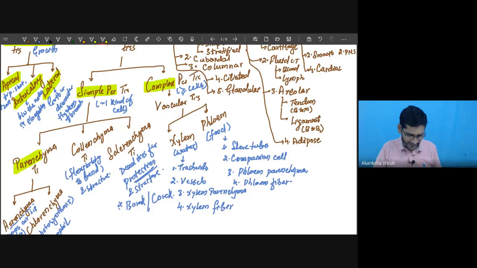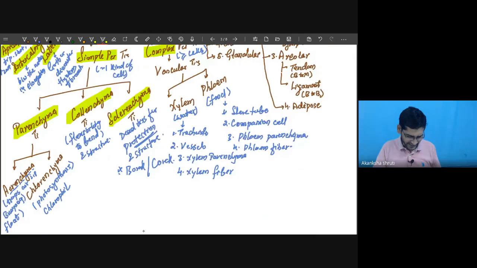Simple tissues may be parenchyma, collenchyma, sclerenchyma. Parenchyma is again classified into aerenchyma and chlorenchyma. Aerenchyma provides the tendency to have larger gaps between the tissues and cells, so that air gets trapped in it, and when placing the plant into water, it is able to float over the water. That's why plants are able to grow in water also,